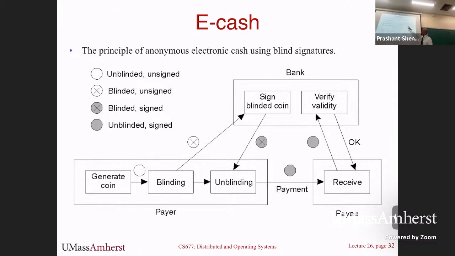Same thing here. So then you get the signed blinded coin, you unblind it, that's what you pay with, and then they go back. And all that the bank knows is they signed it, so they can verify that they signed it and pay the person. So if you use this blinding process on cash, then you can actually get the properties we had previously, which is anonymous cash that is digitally signed, so you can verify that it's actually real money. So this is called eCash. Not used because everyone uses Bitcoin, but that's how all of this came about. So we'll stop here. Next time we'll spend 5 minutes talking about